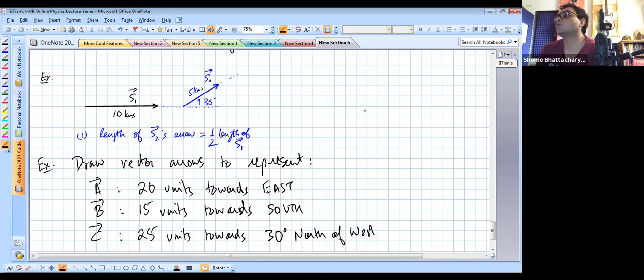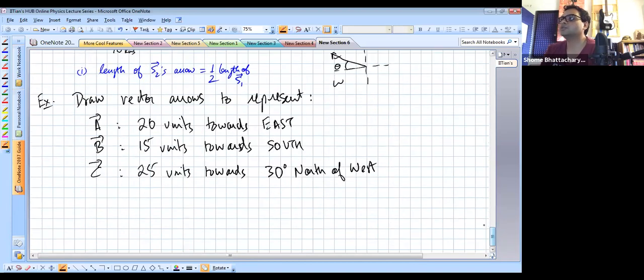So just to give you a hint, north of west will be like this. If this is your north and this is your west, then this will be a direction like this. And this is the angle that we're talking about. So many degrees north of west. So now just draw a rough diagram. You don't have to draw an exact diagram in terms of lengths and all that. Okay, now from your diagram,